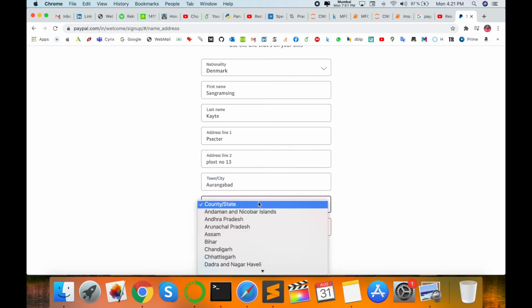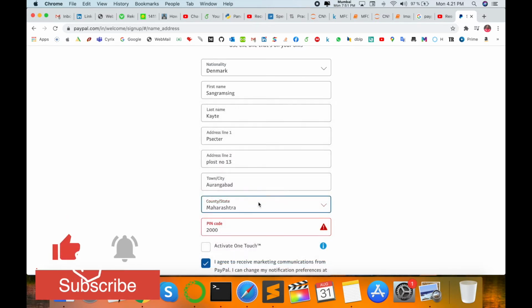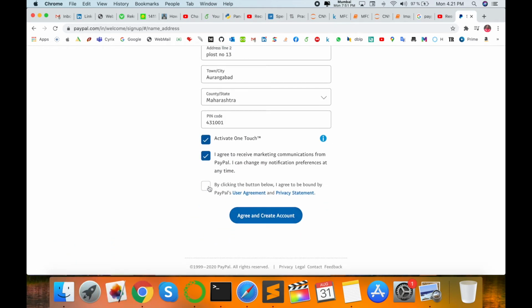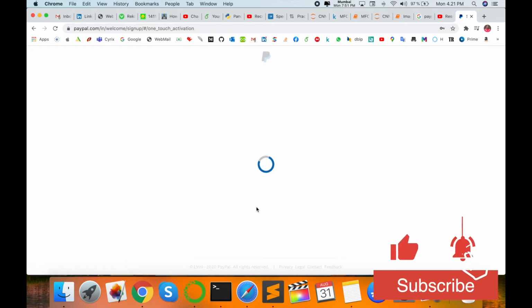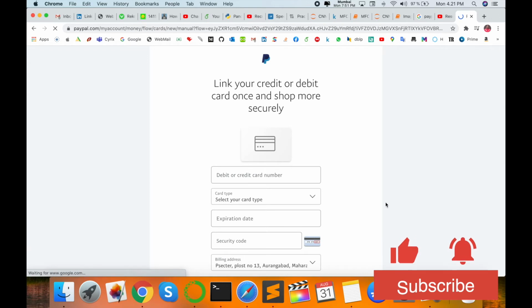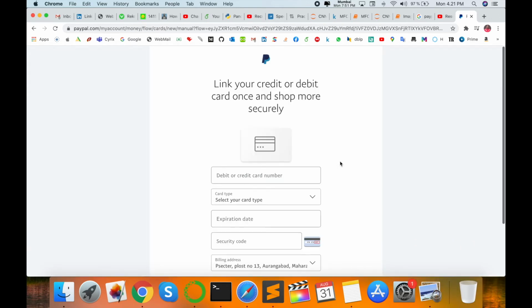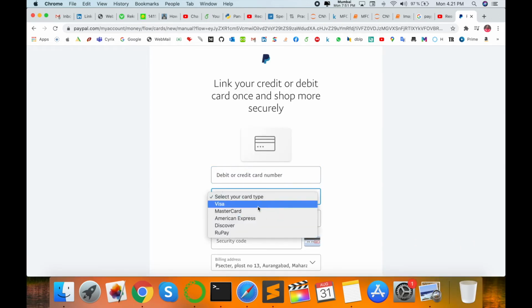City, Maharashtra 431001. Agree. So my PayPal account is ready, and now I link my credit card or debit card here.